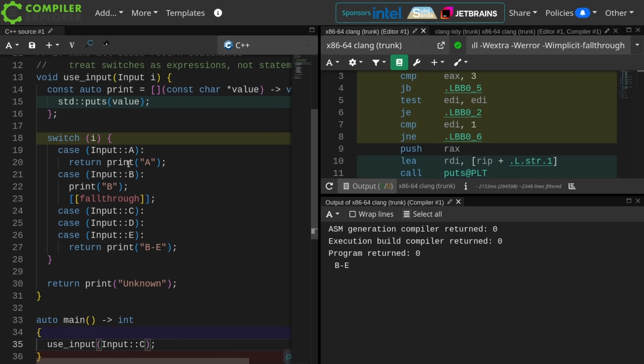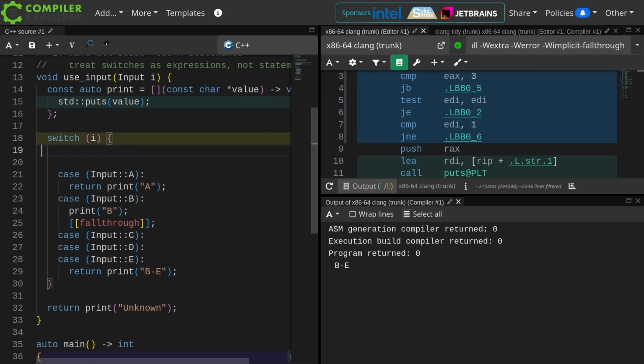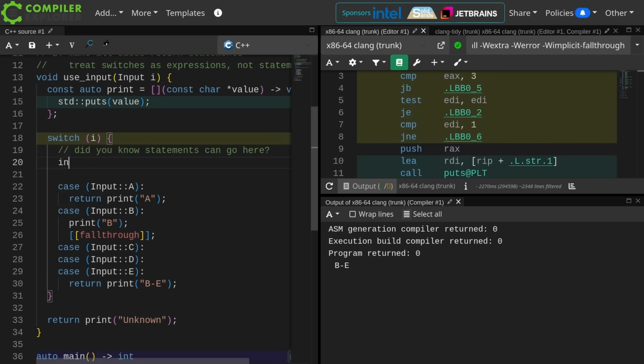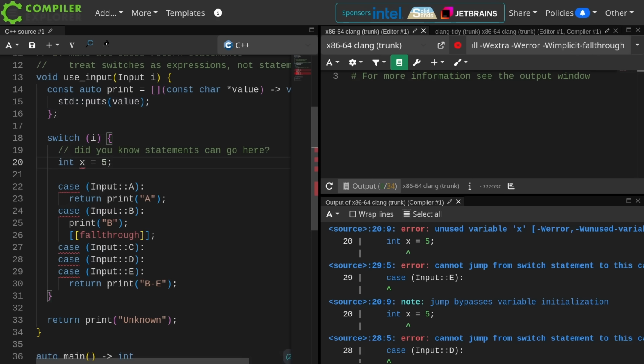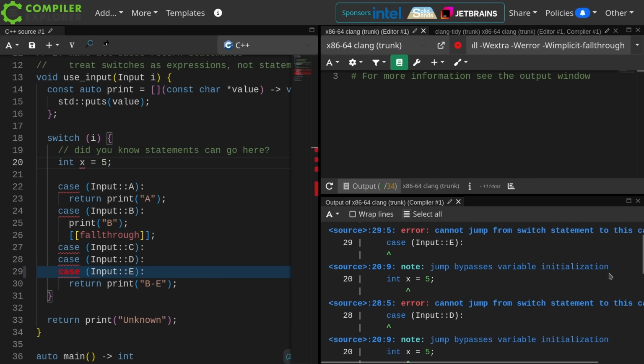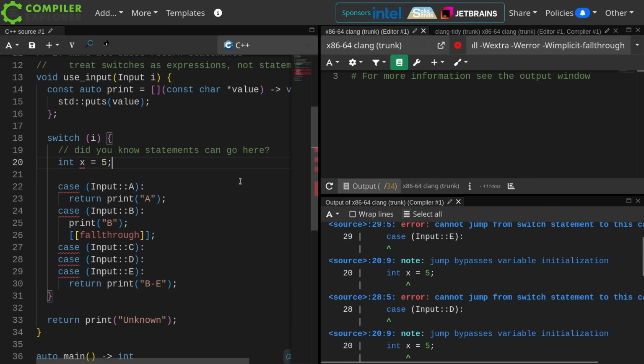While we are here talking about switch statements, let's look here. Did you know that you can put statements here? This is interesting. What kind of statements can I put here? Can I declare a variable here? Unused variable x, cannot jump from switch statement to this case label. Jump bypasses variable initialization. Okay, good. That's fine. That'd be weird because everything is going to be a jump. It's always going to pass that.